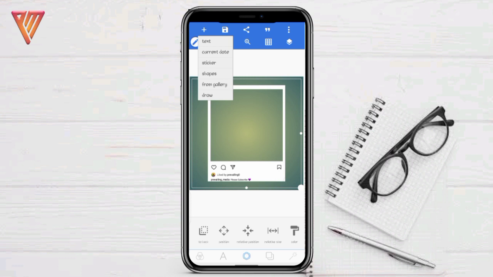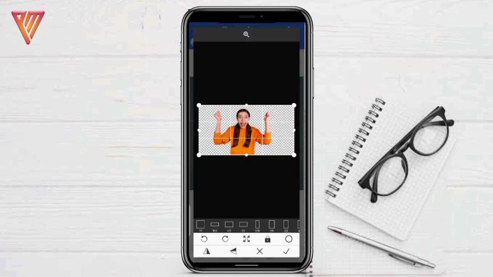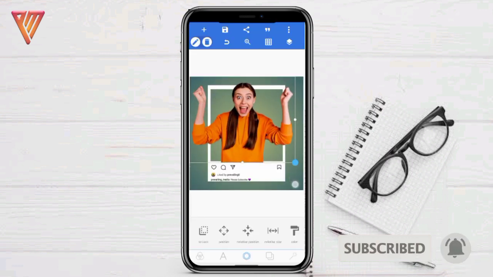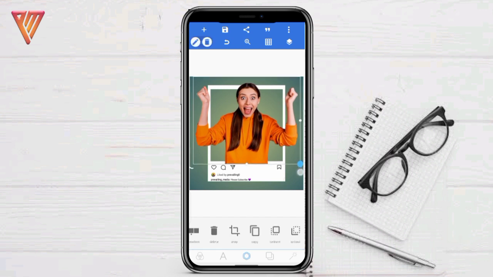So after doing that, click on this plus again, then click on from gallery, then click on the image. The image download link will be available in the description, so don't worry. Then after doing that, you get something like this. Just enlarge it. So after doing something like this, then